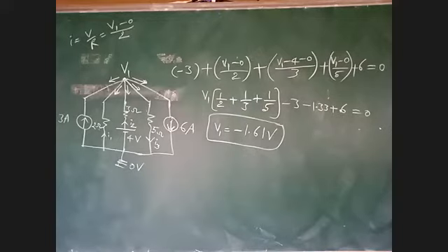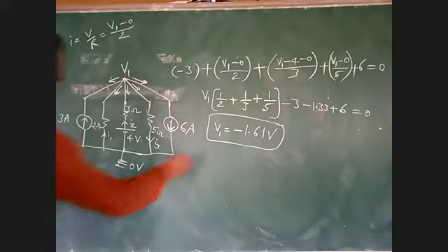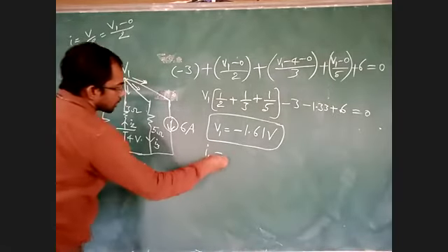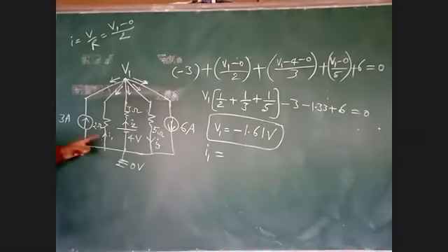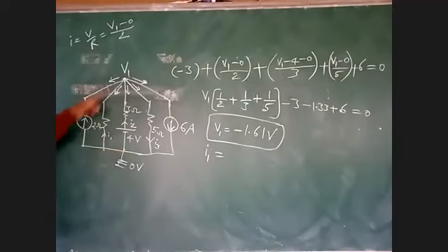Now we'll determine the currents. In the problem, he is asking us to determine node voltage. Your first step is you have determined node voltage by considering all the currents are leaving from the node point. Now we'll go to the actual direction of current in the branches. See I1. How is I1 flowing? From 0 to V1. 0 is a higher potential, V1 lower, because the arrow is in this direction.